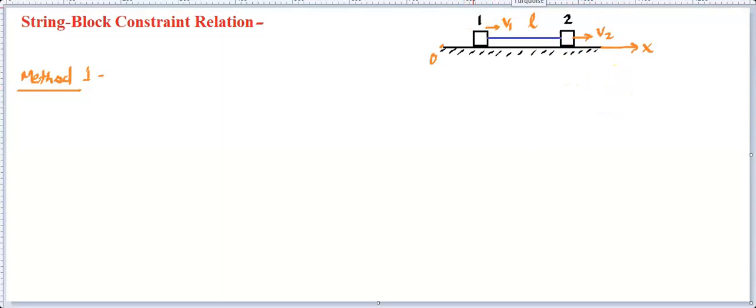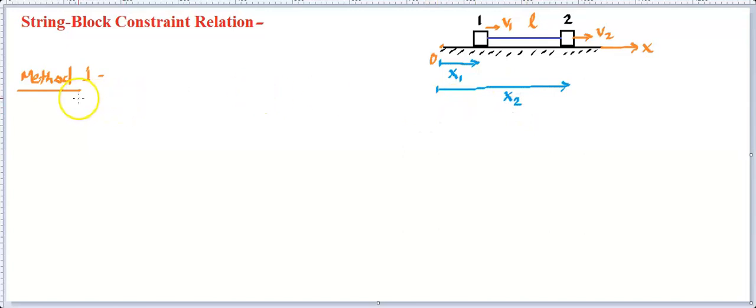Then let's try to write the location of particle A at any instant of time. We can say the position of particle 1 is, let's say, x1. Now as the particle moves, x1 changes, and this is a fixed point. The origin is always fixed with respect to the ground, right? And similarly, let's measure the position of the second particle as x2.